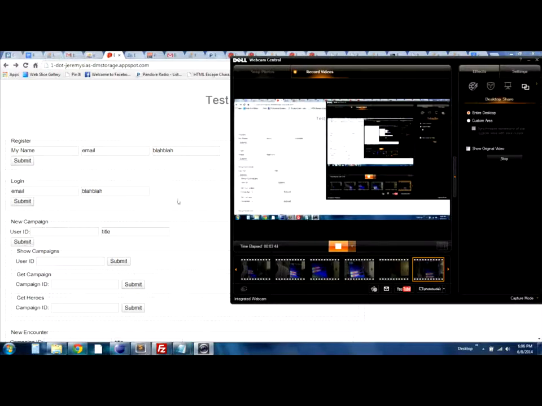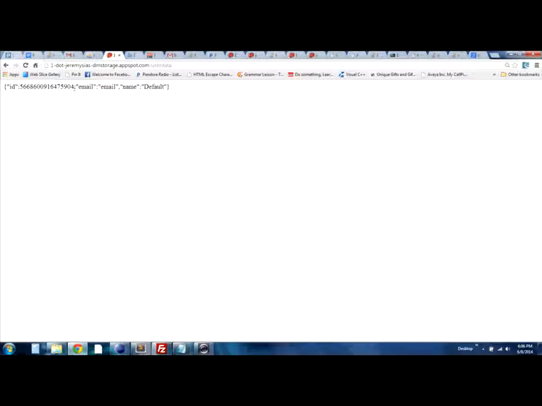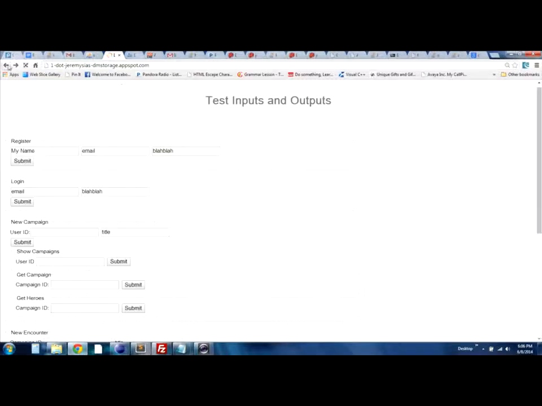For now, let me go ahead and just show the server. Basically, I just have a site here that tests the inputs and the outputs. If I say I want to log in using email and the password is blah blah, this is going to give me back the ID number. Wait a minute. Let's make sure we got that right. There we go. It's going to give me the ID for the user,